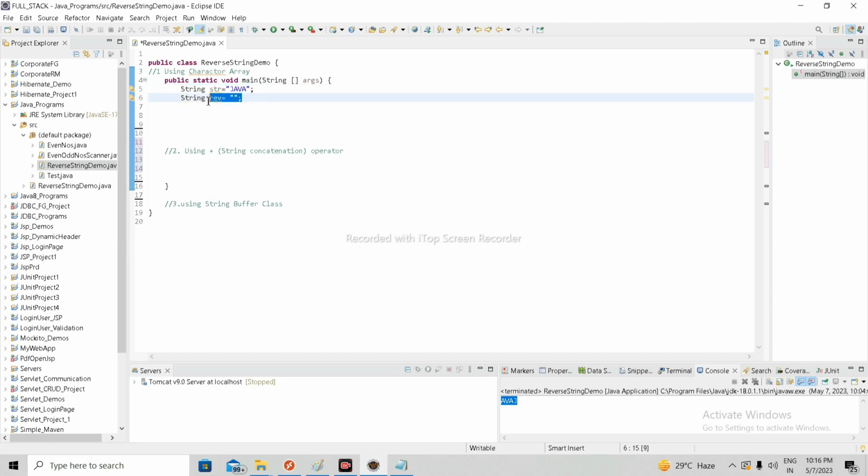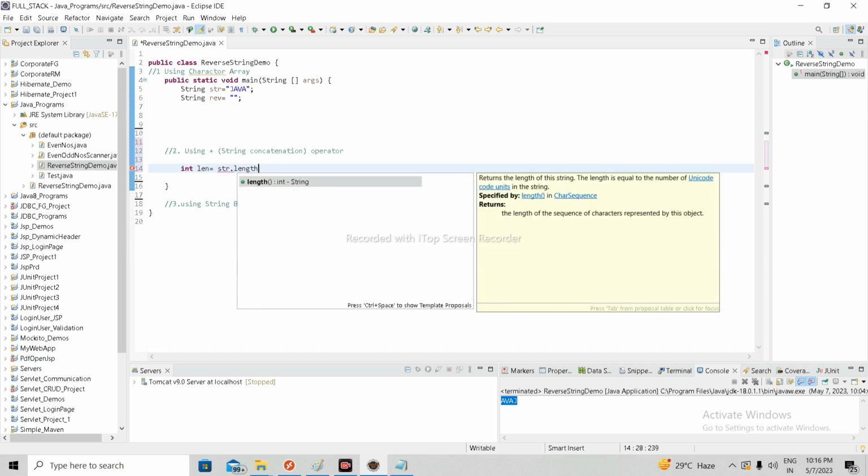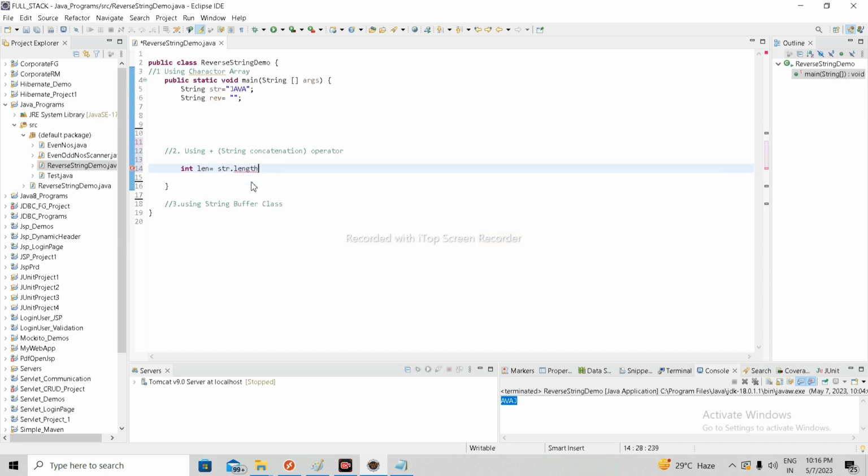Here I am taking a reverse variable for storing every character of the string. First of all, I calculate the length of the string, so I'm using the length method.